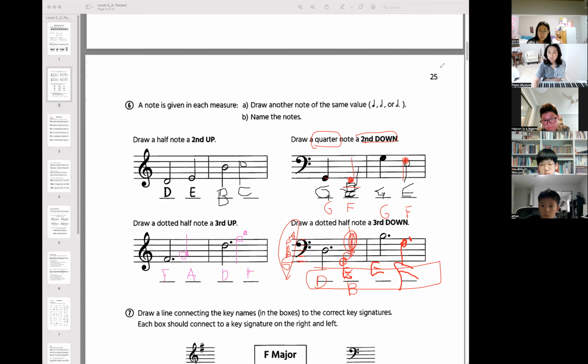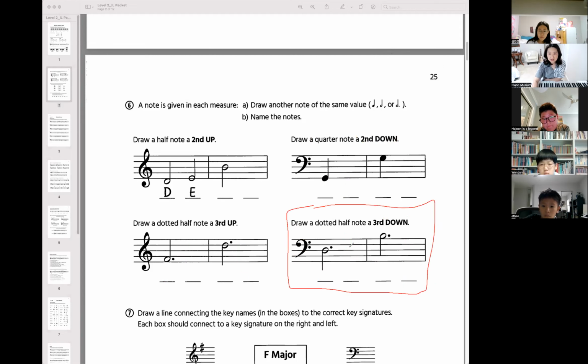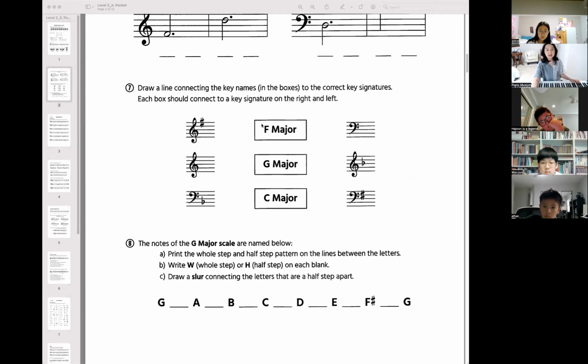So last year, this question was in the test, and many of, not my students, but other teachers' students, lost their points because of drawing like this. So make sure that you draw stems up. And now here, from here to skip down is this. And if they said dotted half note, you have to draw the dotted half note here. Got it? All right, now the following one is,